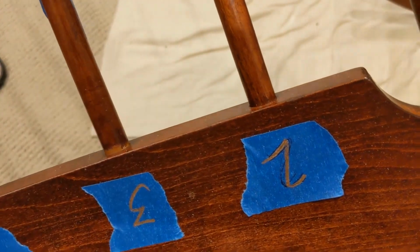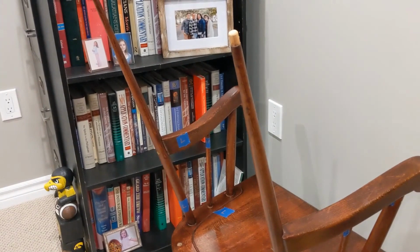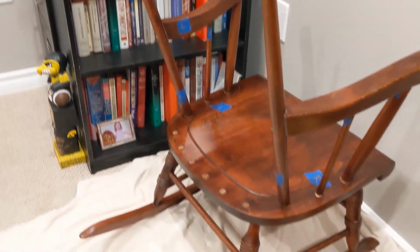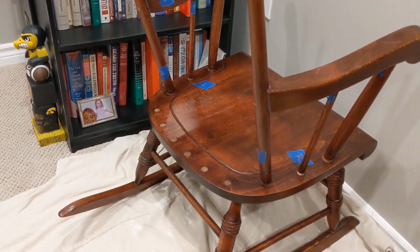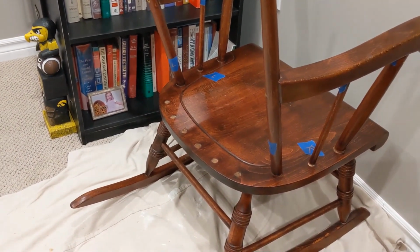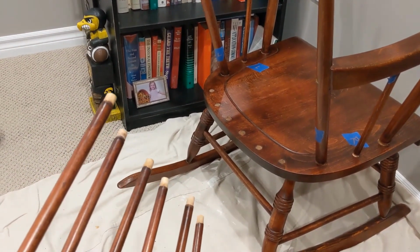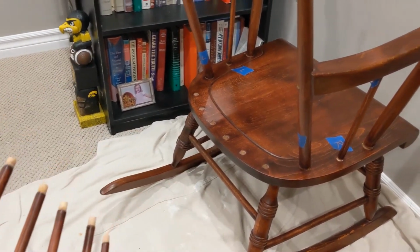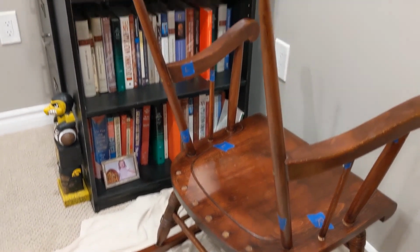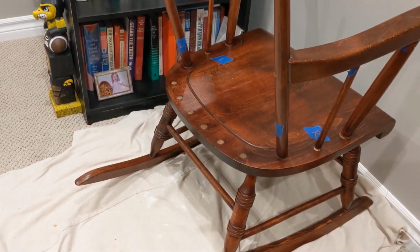Once I have done that, my next step will be to flip it over, put it back into the chair across the top on these two posts sticking up, align all the dowels or spindles down into their holes there, which I'll fill with glue. I'll also go ahead and wipe a little glue around the bare wood of these, and then stick them down in there. Then my challenge will be to figure out what kind of clamping force I can get on this,